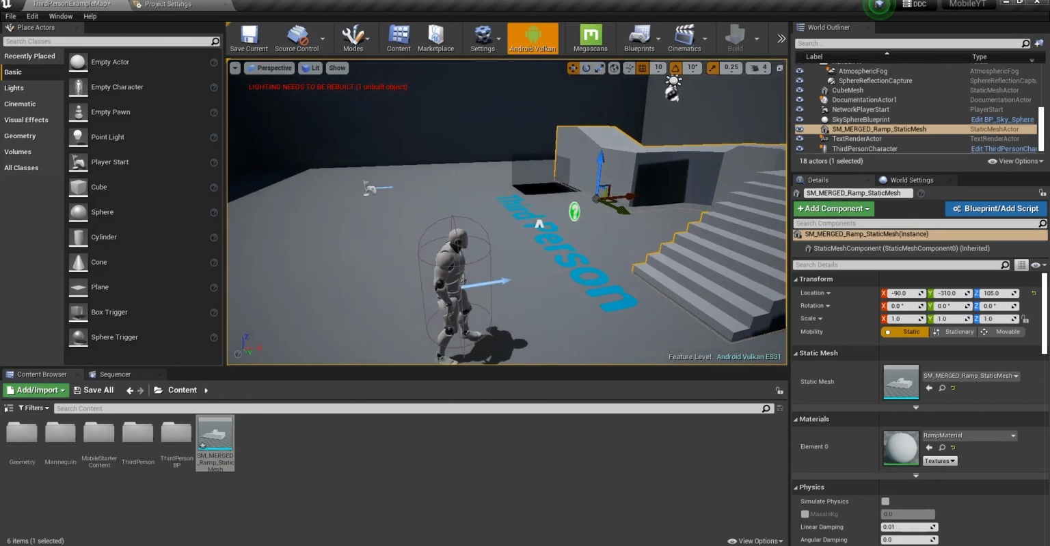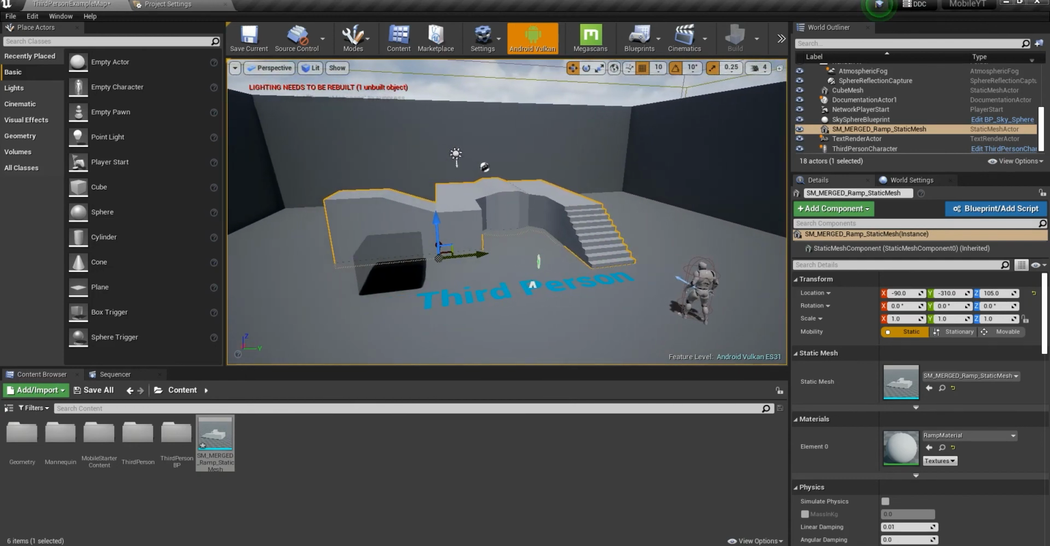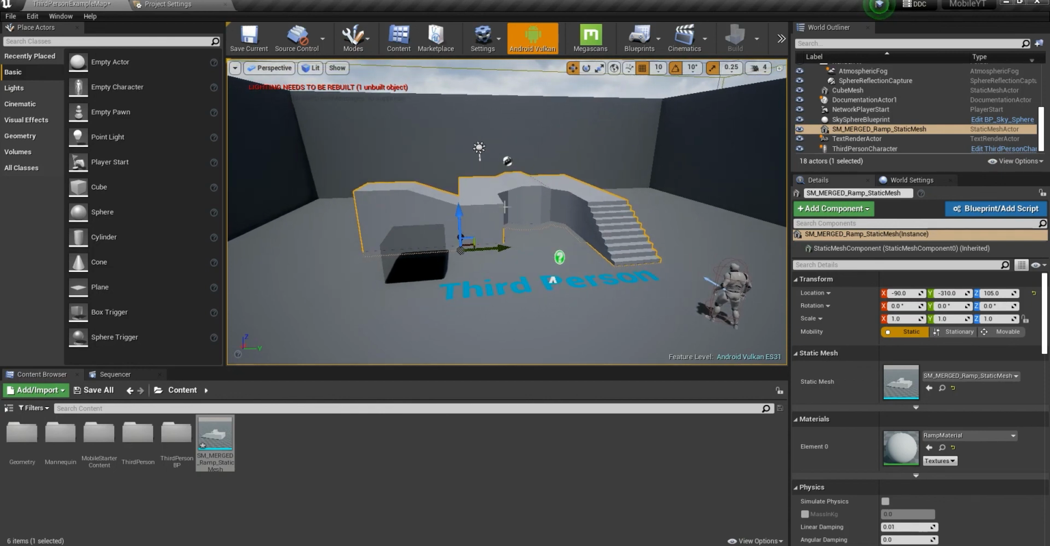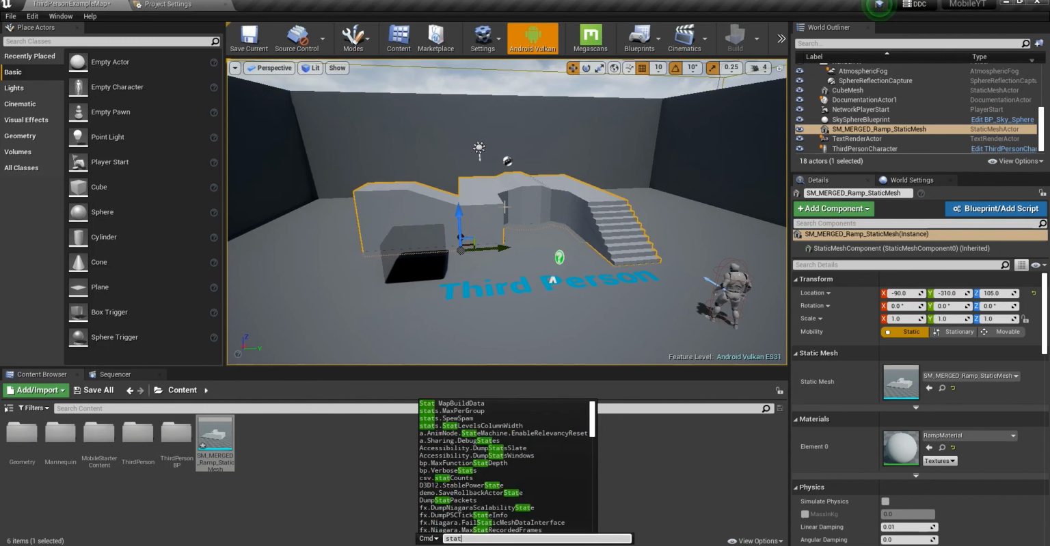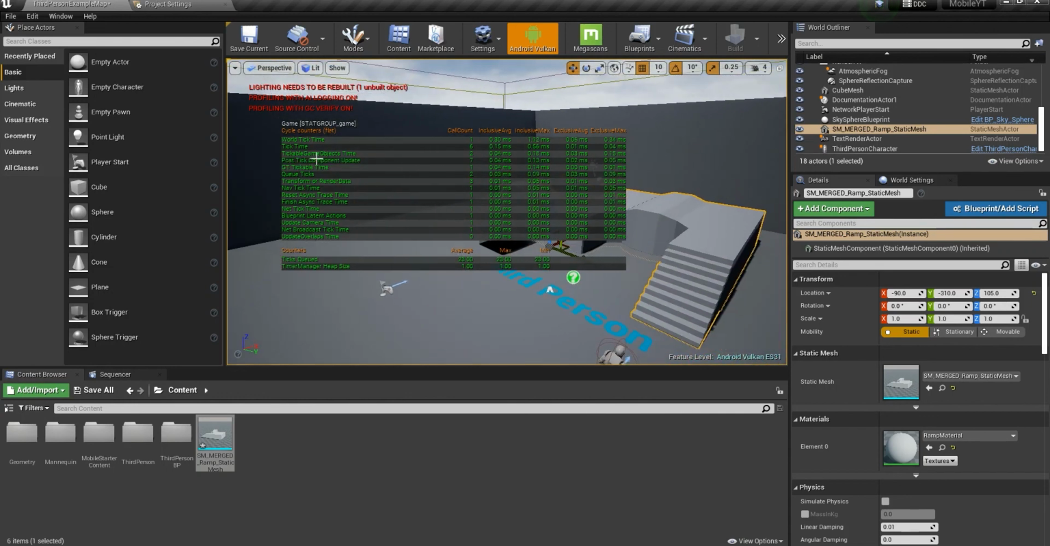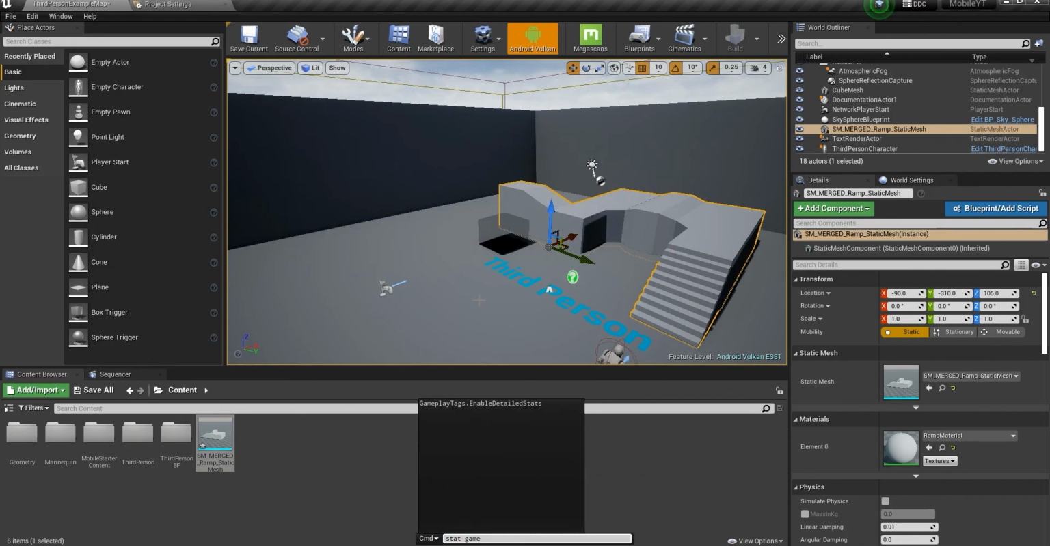After that, if these don't work for you, the problem that you're facing is most probably because of the code you've written. There are some commands for that as well. Stat game, for example. So there is a tick time, world tick time, and you can have it. Let me just show you again. Stat game. Yeah,